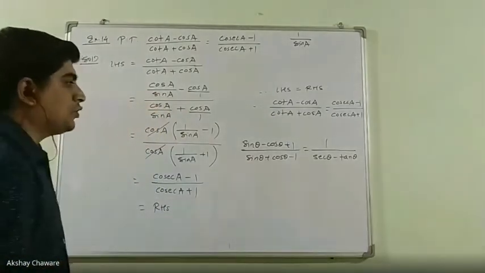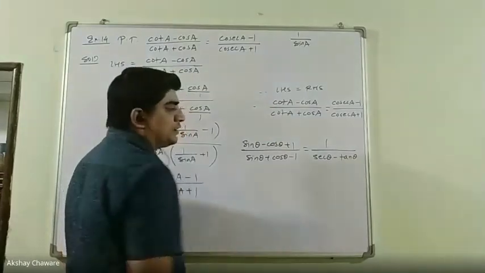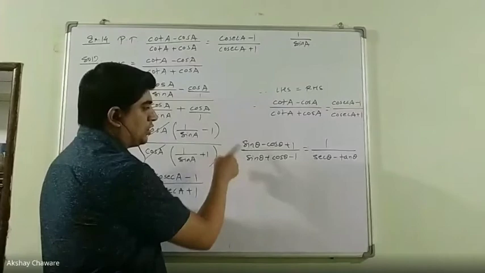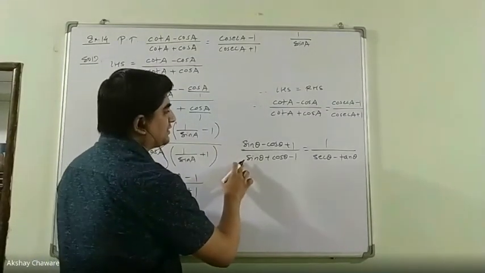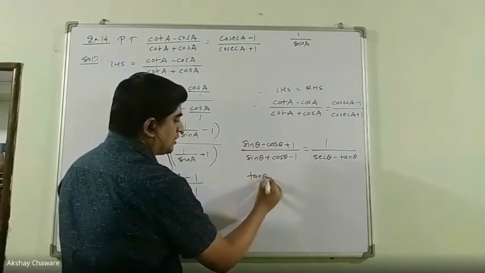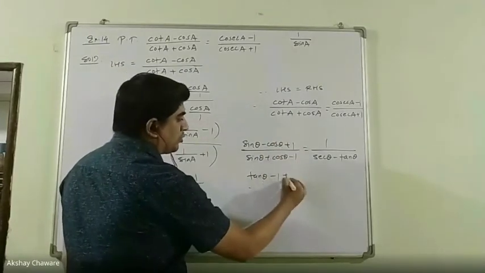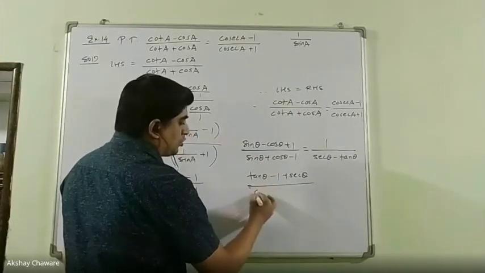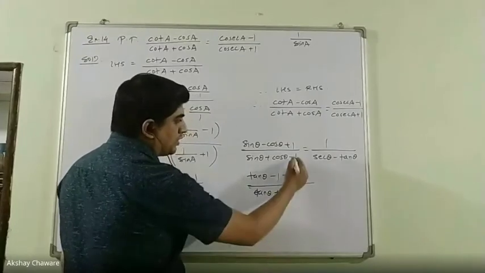So what we will do is convert sin theta and cos theta in terms of sec and tan by dividing both numerator and denominator by cos theta. So if we divide the numerator and denominator by cos theta, then it will be sin theta upon cos theta, which means tan theta, cos theta upon cos theta means 1, and 1 upon cos theta is nothing but sec theta. Then sin theta upon cos theta is again tan theta, plus cos theta upon cos theta, 1, minus